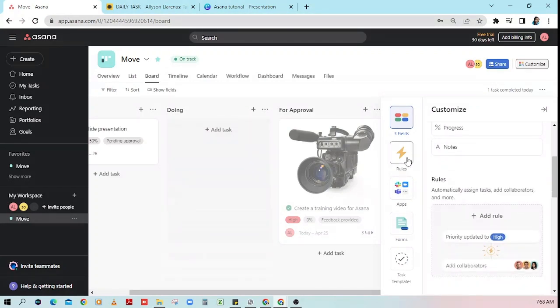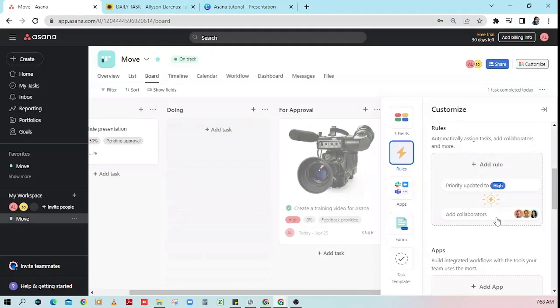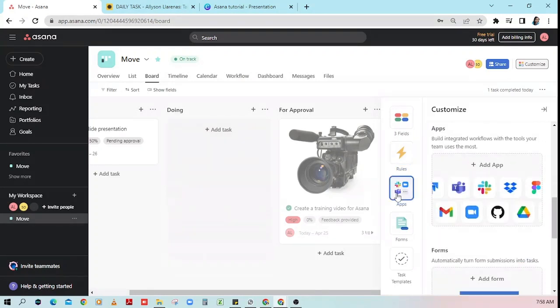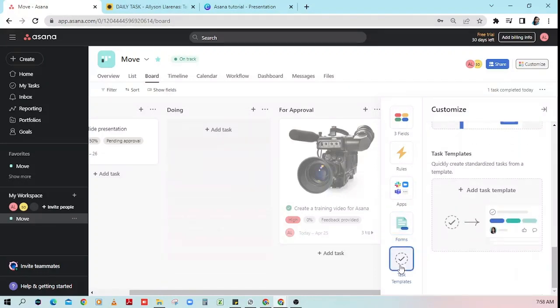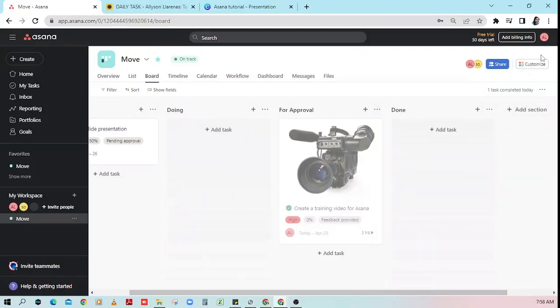Then you can add rules. Okay, and then integrate it with other applications. You can add or create a form. And here are some task templates. Okay,